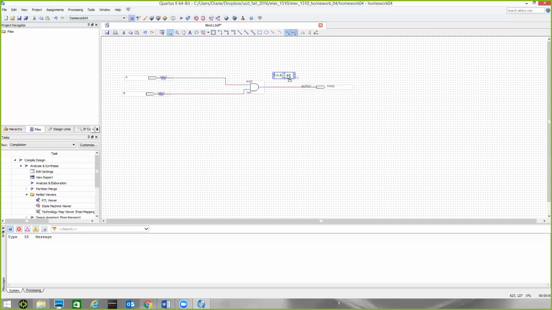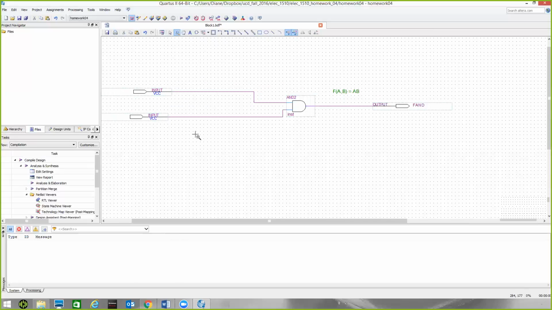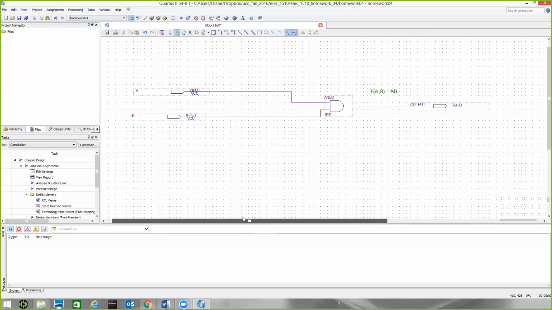But now I've got this text comment. So this text comment doesn't affect the circuit in any way, but if I want to remind myself of what this Boolean equation is, I can put this here. Notice that might be a little hard to read. Let me use the zoom tool to make this a little bigger on the screen for you to see